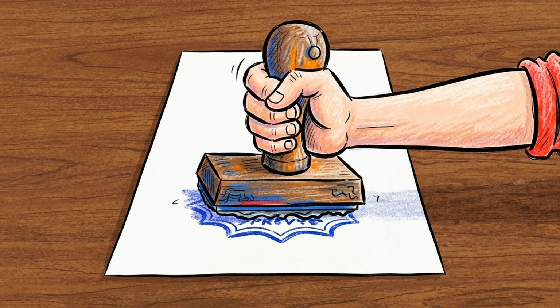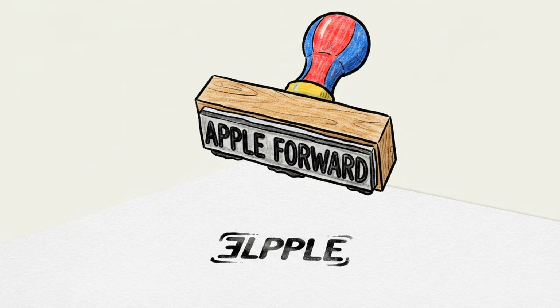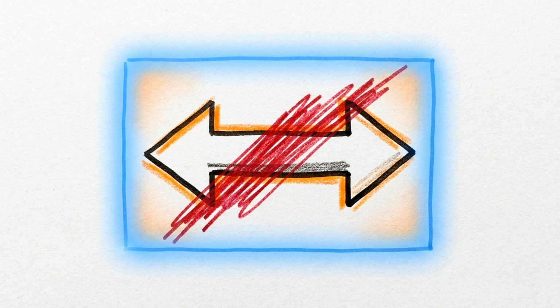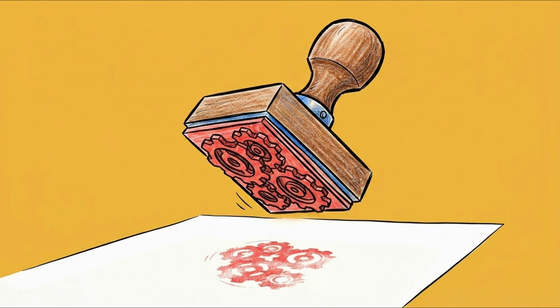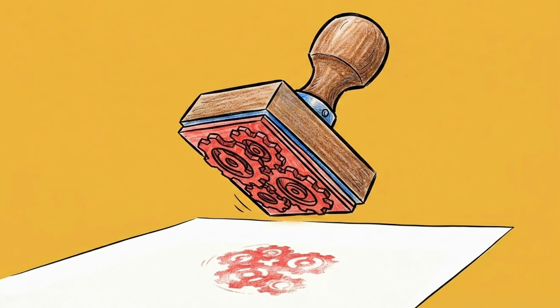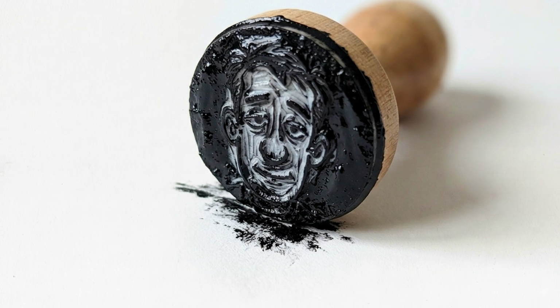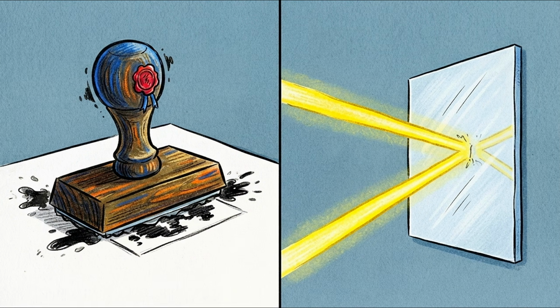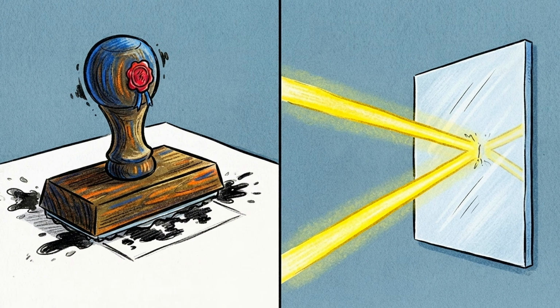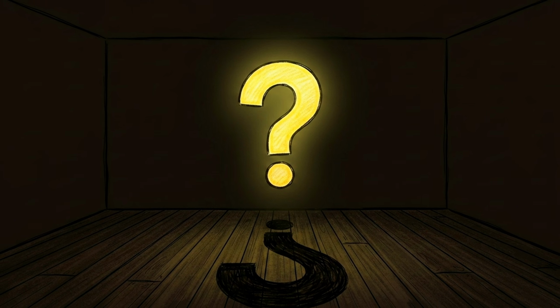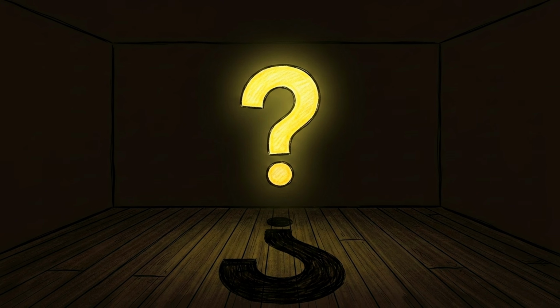Picture a rubber stamp pressed onto a page. The image that comes out is reversed compared to the stamp's face, not because left and right got specifically swapped, but because the entire stamp got pressed through one flip front to back. Ink that was facing you on the stamp now faces the paper. That's the same basic logic driving a mirror, just applied to light instead of ink. So if the mirror only ever flips depth, where does the left-right illusion actually come from?